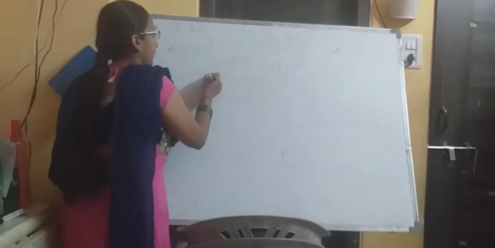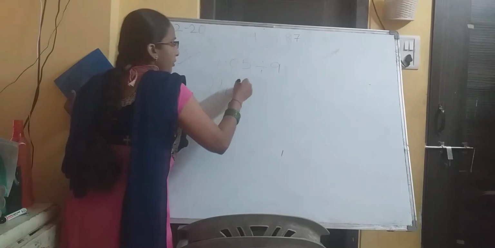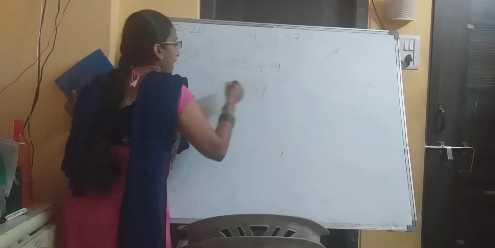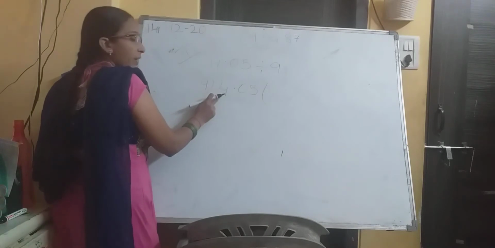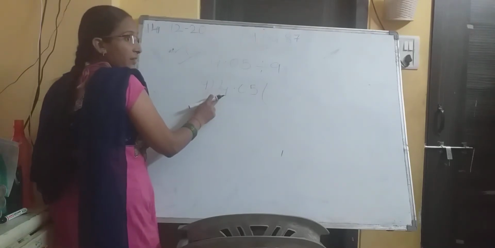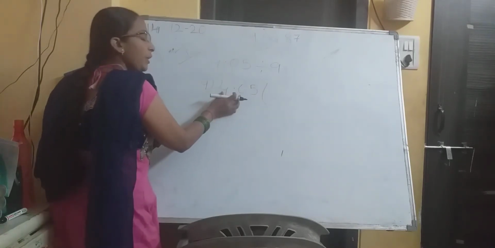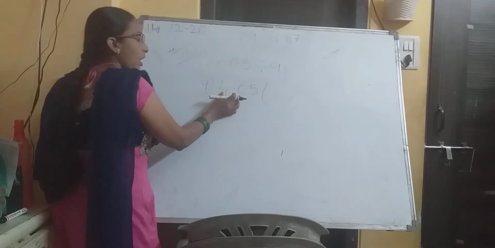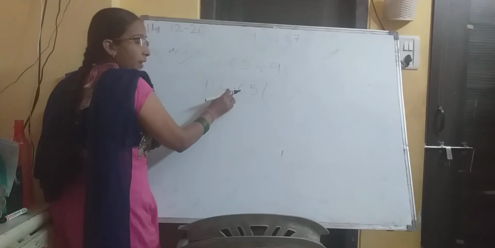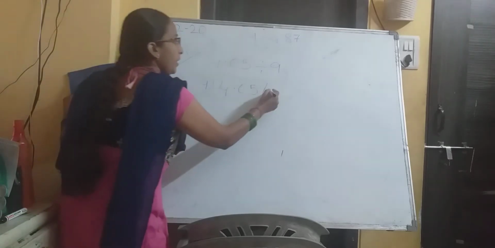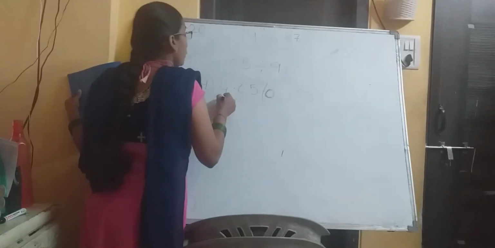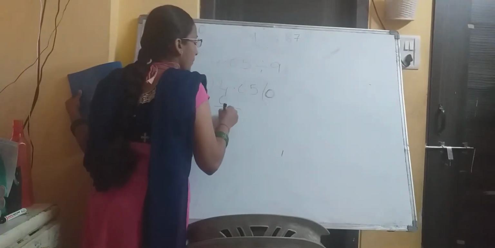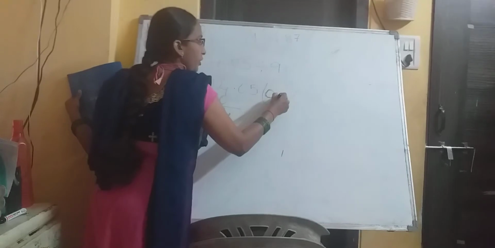Yes, now divide. 4.05 divided by 9. See, 9 is bigger, but 4 is small. We can't divide 4 with 9. So, you are going to take two numbers. You have point between. So, put 0, because 4 is not divisible. 9 zeros are 0, 4 comes down. And this point goes here.